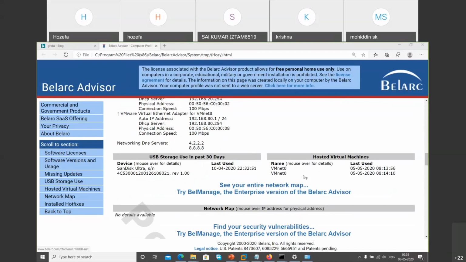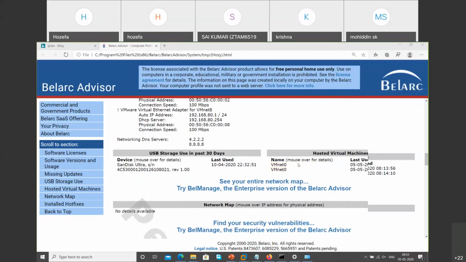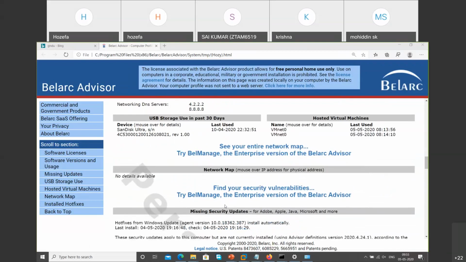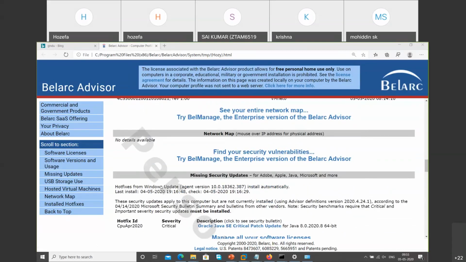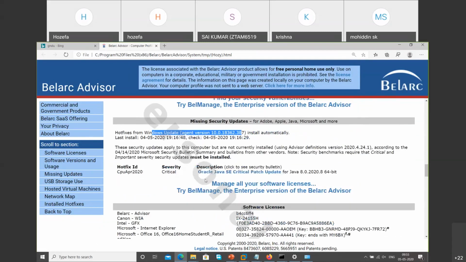Here it is showing me clearly that I also have VM machines available here. This part you didn't get. Can you see which patch is missing here? It's showing me Microsoft Windows Update. One particular patch has been missing here. It can also show you here